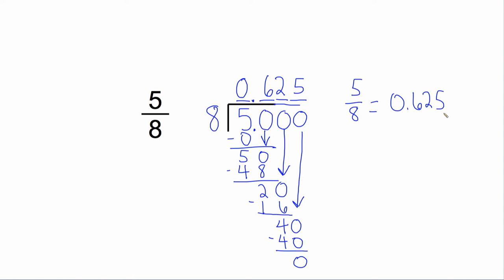625 thousandths. Now, let me show you an example of a problem that's a little bit different. Here we have 1/3. So we're going to go ahead and put our 1 on the inside and our 3 on the outside. We know 3 can't go into 1, so we need to add our decimal and 0, our parking spaces, and